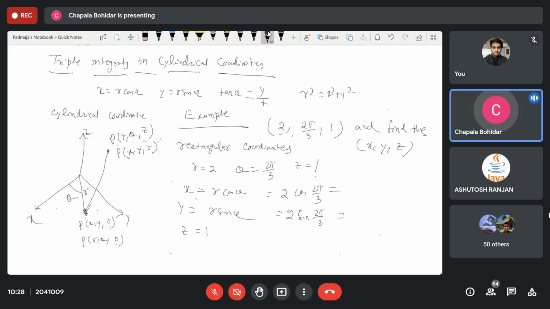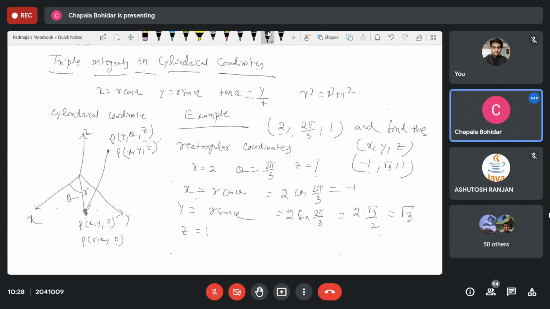Yes, first one, x is equal to minus 1. 2 into cos 2 pi by 3, it is minus 1 by 2. So it is minus 1. Okay? So sin 2 pi by 3, it is 2 into root 3 by 2. So you will get it is root 3. And z is equal to 1. So rectangular coordinate we write down here. According to this, you check your answer from the multiple choice. The data may be changed. So it is your value, it is minus 1, then root 3 and 1. Okay? All of you clear?